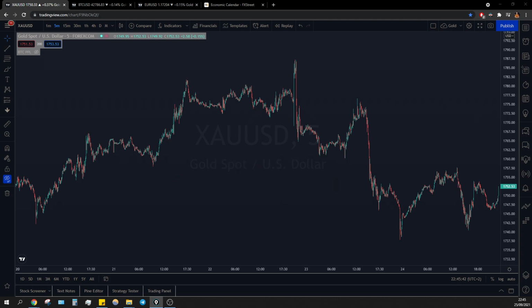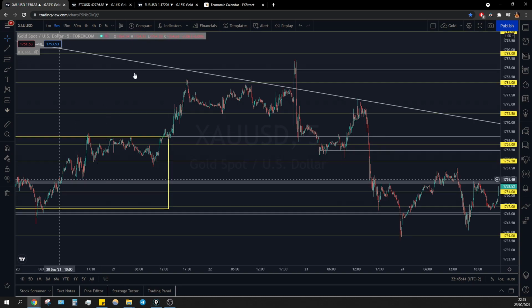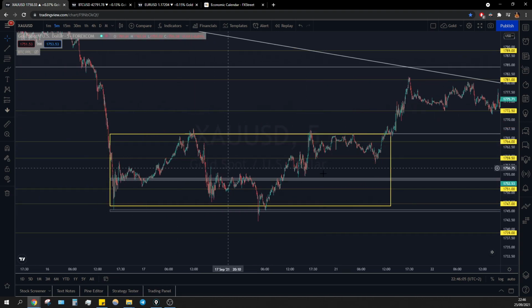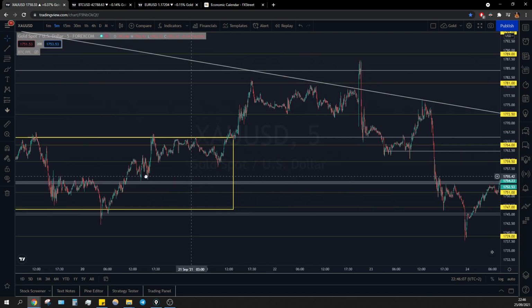We're going to start from gold. As you can see, as always, we are on the 5-minute chart. That's what I like to use for the weekly recap because it gives you an idea, but still it's not the hourly time frame. You can see the price sensitivity areas. You can see everything. So we were ending the prior week with another block being created, and as you can